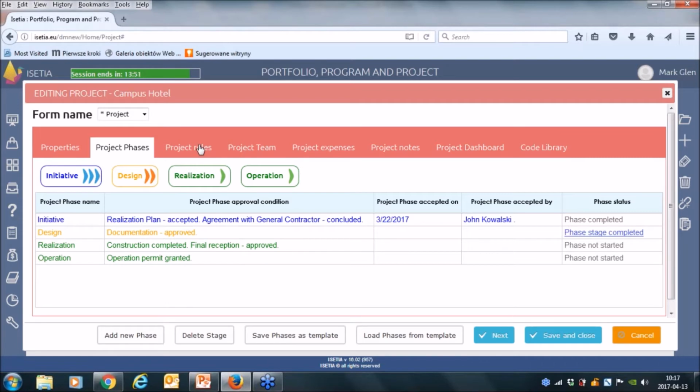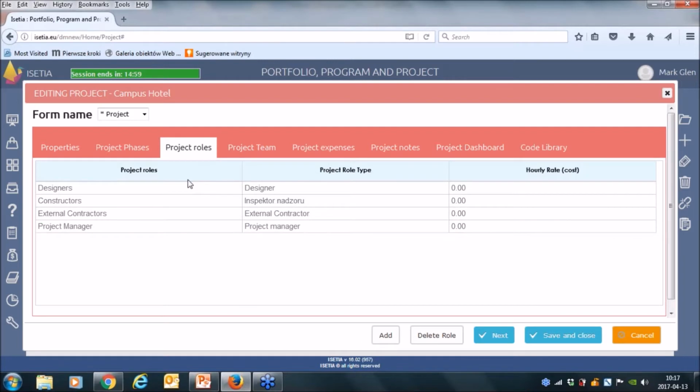The next thing I would like to mention is project roles. As you know, there are many team members working on our project, but we can group them into some groups. We name these groups project roles.